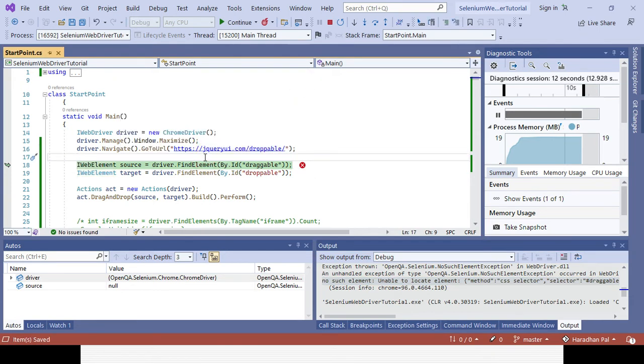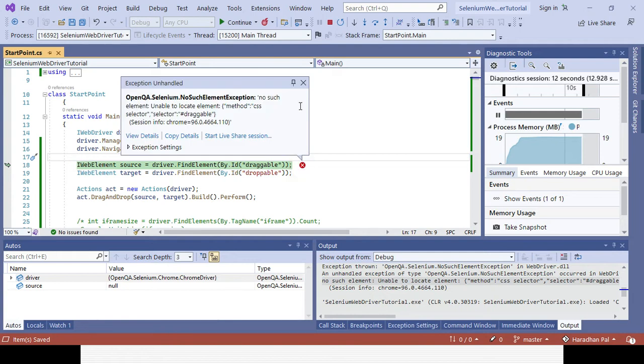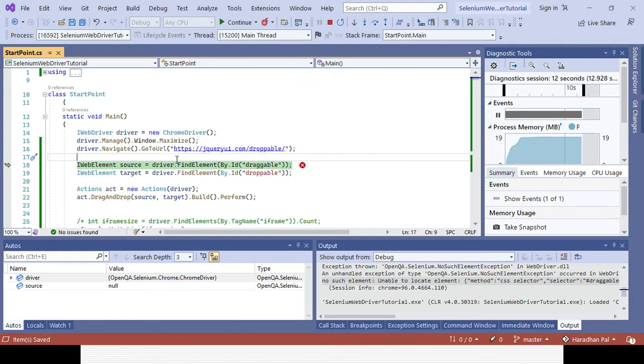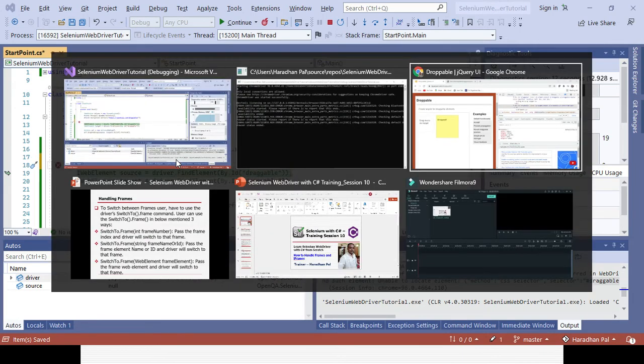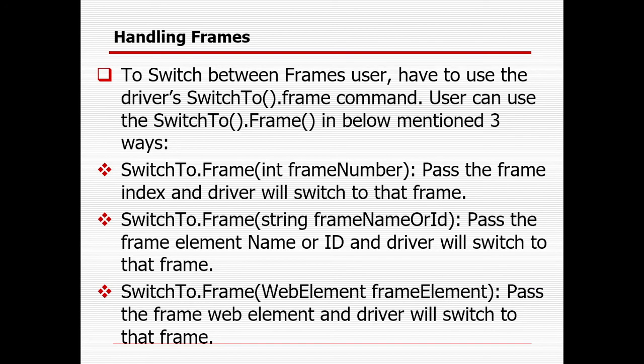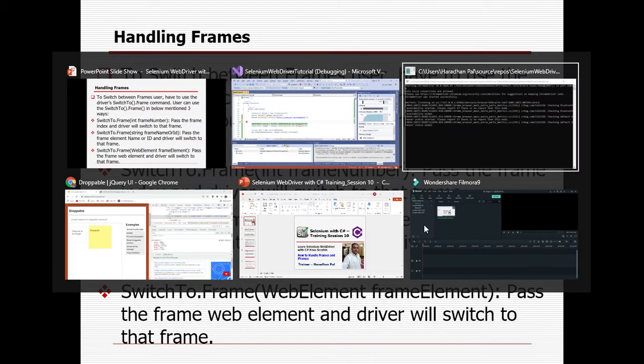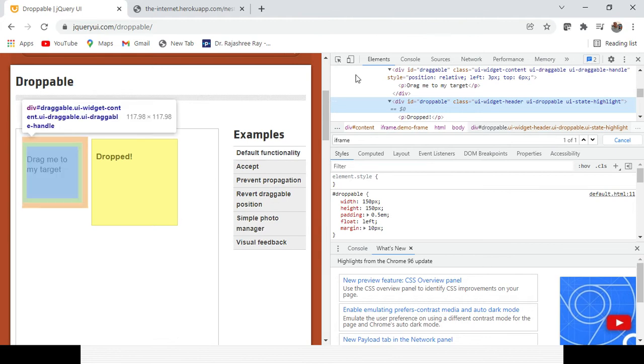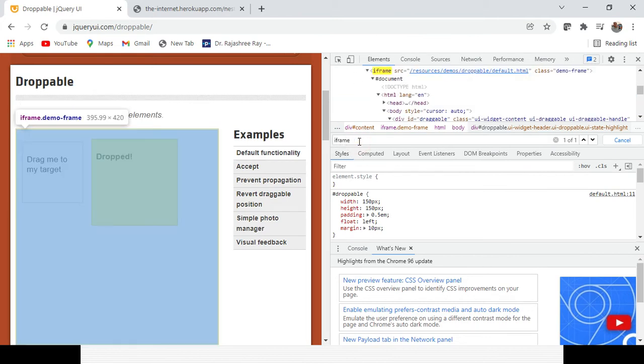Okay. So let's handle the frame. How can you handle the frame? You already saw there are three ways we can handle the frame. One is the frame index, another one is the frame ID. So let's go to the iframe here. You can see here the class is there but no name is there.